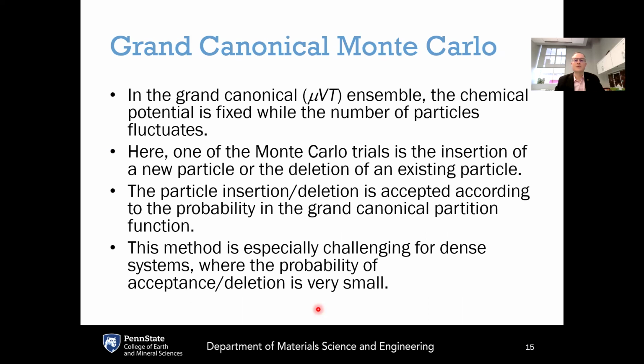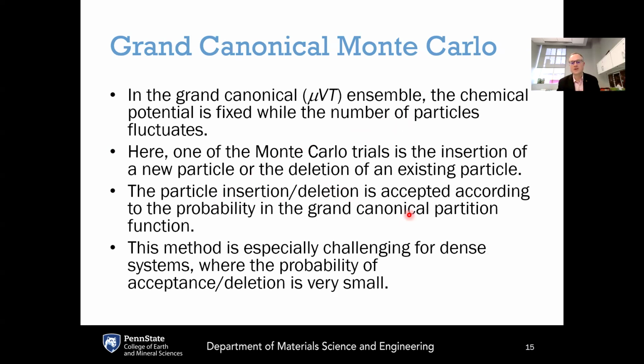Monte Carlo is also easier for doing open systems, so you're not restricted to a constant N. For example, if you want to do the grand canonical ensemble, the muVT ensemble, here the chemical potential is fixed while the number of particles fluctuates. So here we need to either insert new particles into the system or extract particles from the system. So in this case, one of the Monte Carlo trials is the insertion of a new particle or the deletion of an existing particle. So you could randomly either select a particle to eliminate from the system or randomly insert a new particle. And this particle insertion or deletion is accepted or rejected according to the probability in the grand